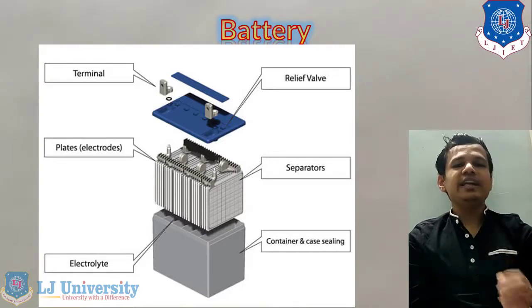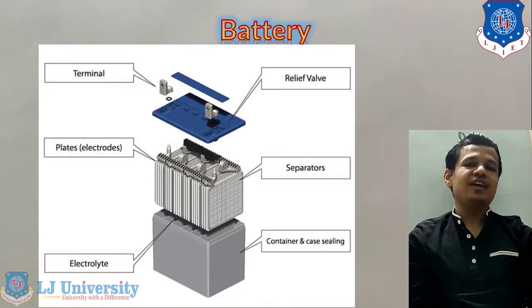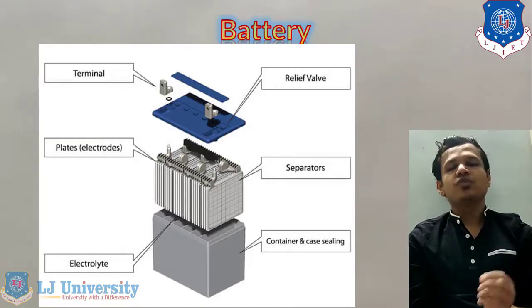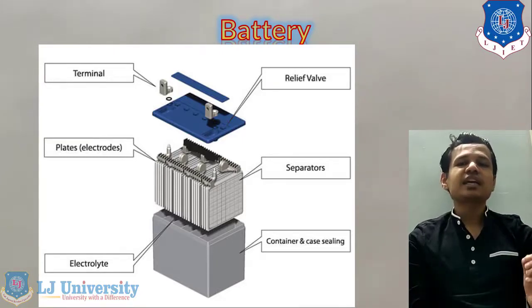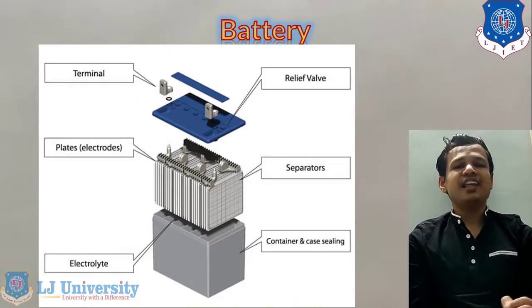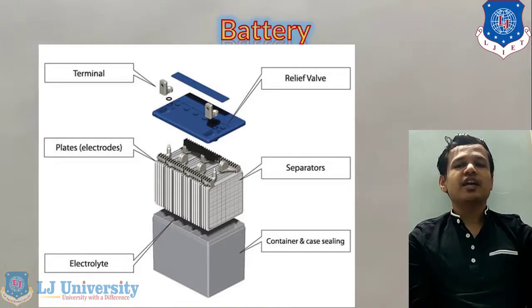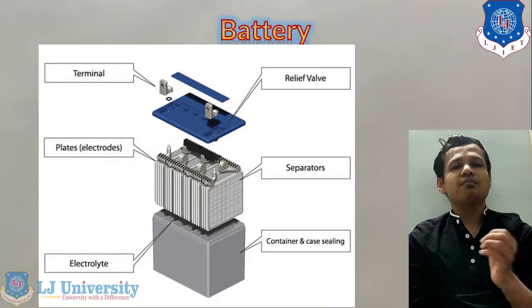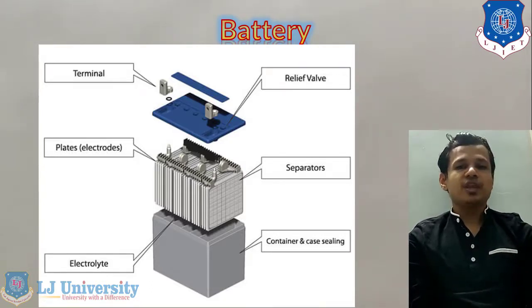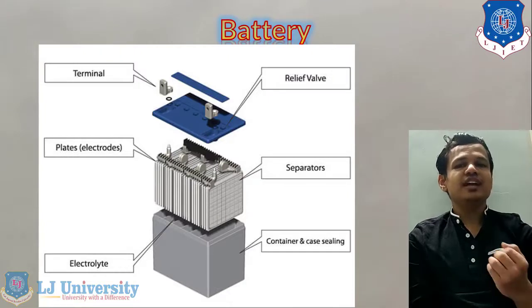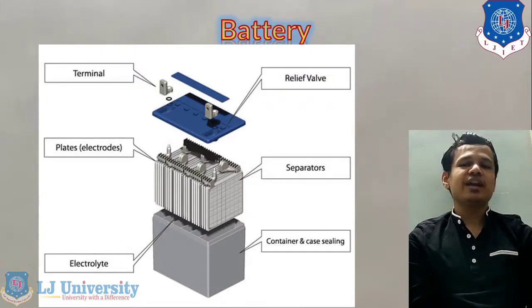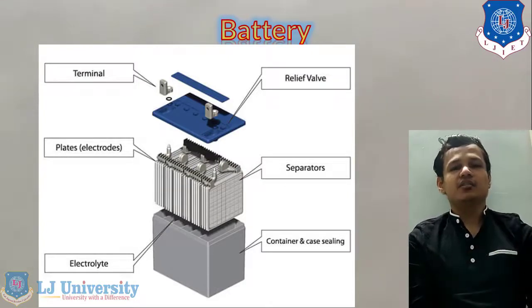The quantity of H2SO4 decides the specific gravity of the electrolyte, and that value of specific gravity gives us the strength of our electrolyte. If the strength of the electrolyte is lower, then the life or the power generated from the battery can be lower. For that, we charge our battery again at some interval.